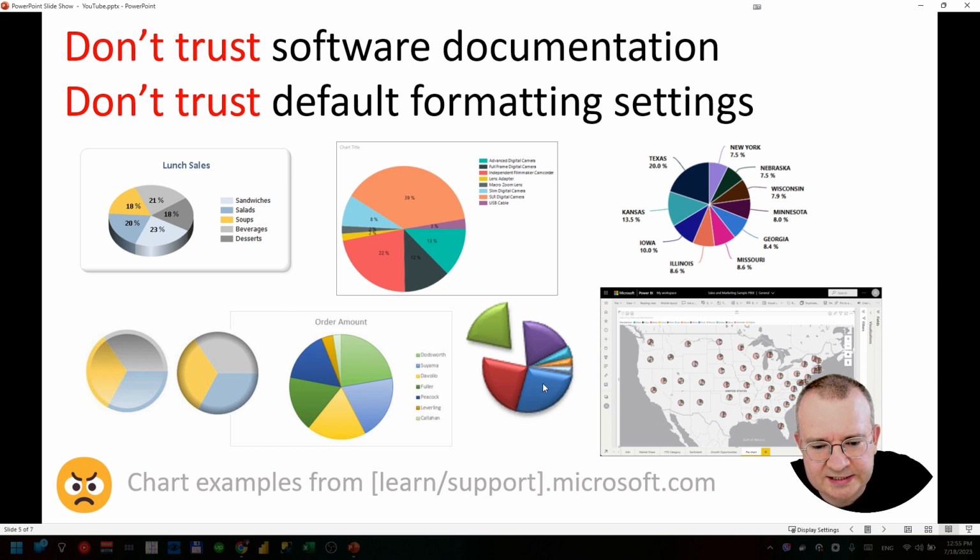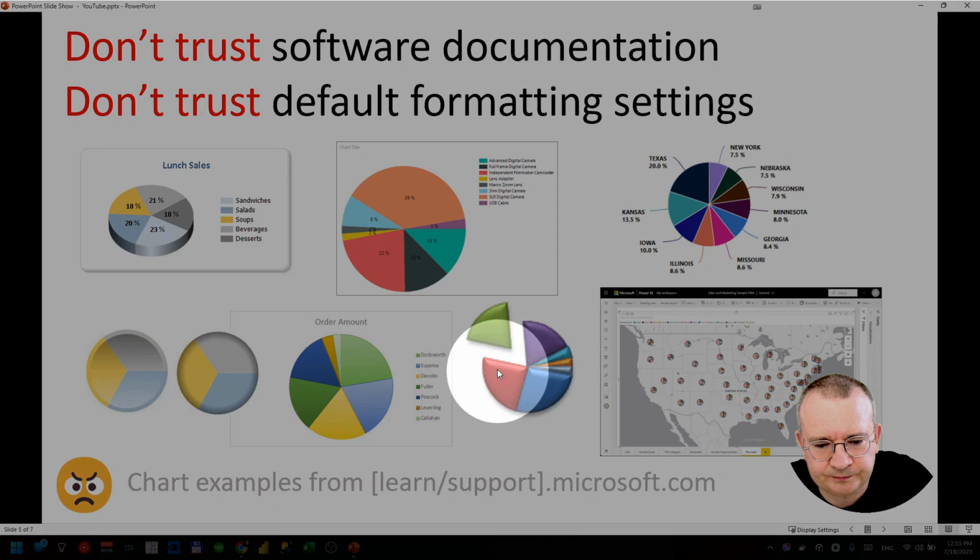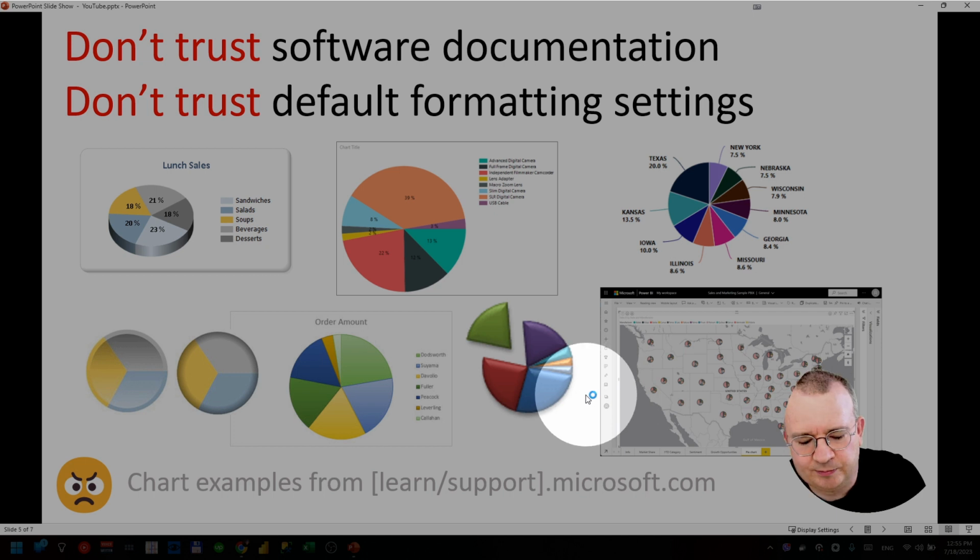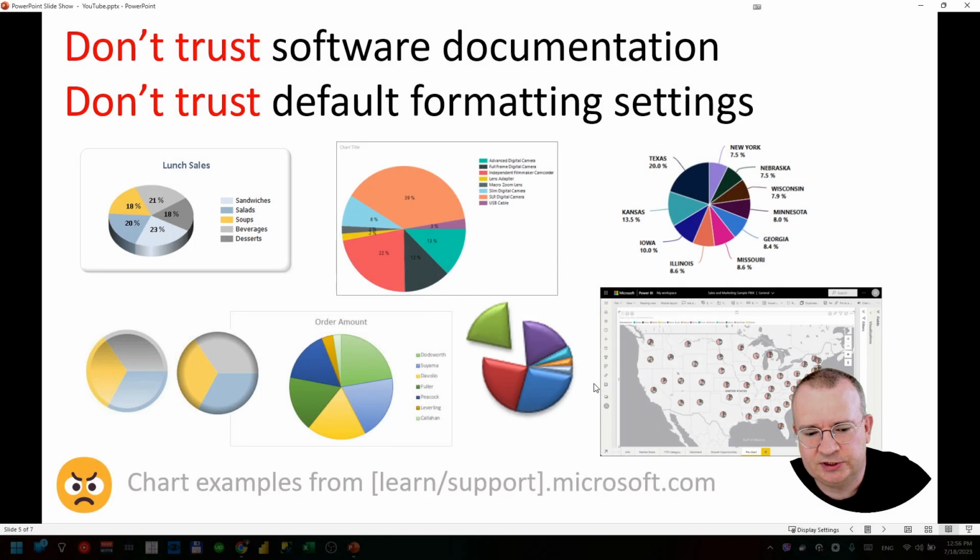And two more examples, the 3D exploded pie chart and this map with a lot of small pie charts. I want to add more details about these examples.